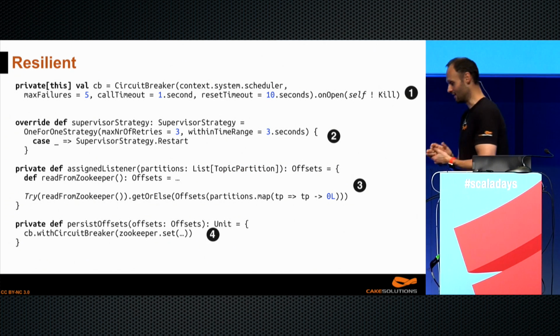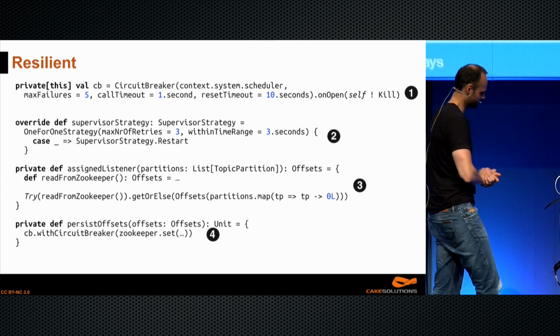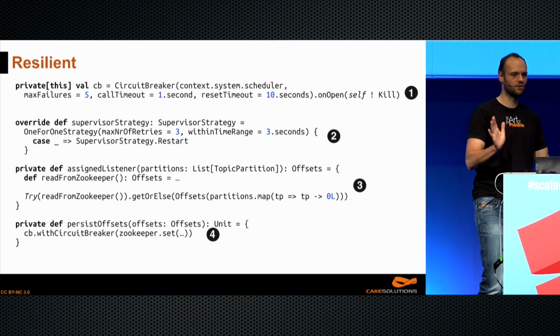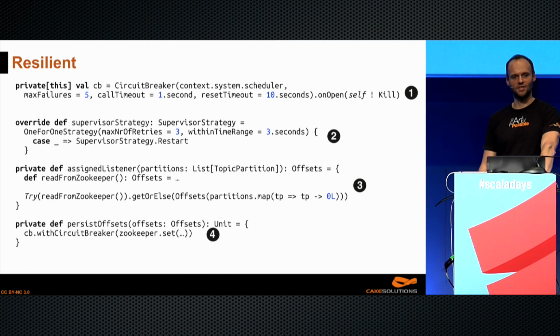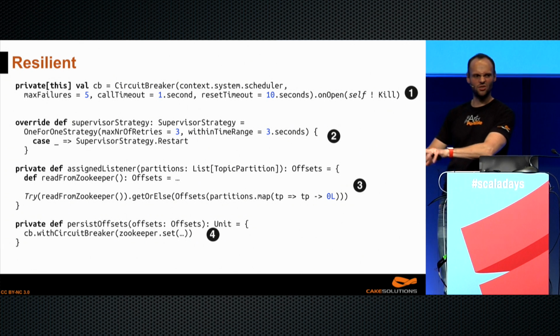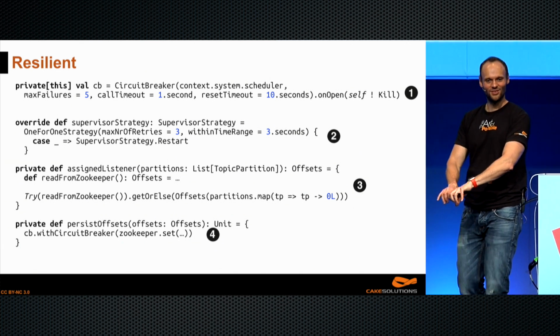Now, we want to be resilient. So I was saying, okay, what if this user database is gone? And we said, yeah, no, okay, if the user database is gone, we will allow anyone in. Okay, that's reasonable. What if this offset storage database is gone? What do we do?